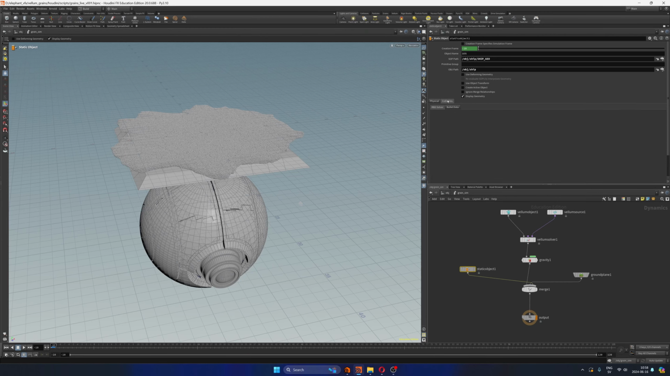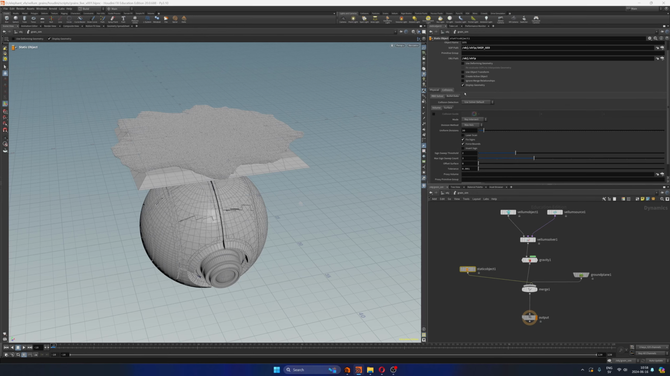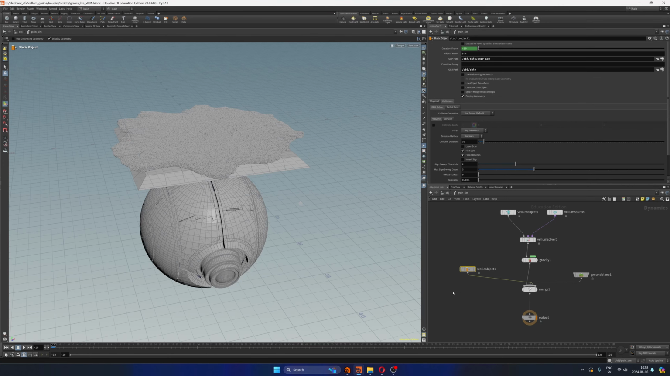Now, in the collision tab here, this is where we can connect the BDB collider that we just created. So collision, okay, great. RBD solver, collision, where are we? Here. RBD solver, there you go. Use solver default. That's actually not what we want. We want to use,